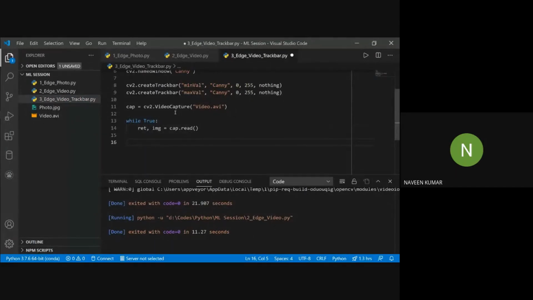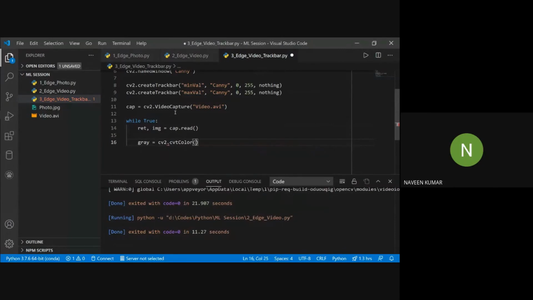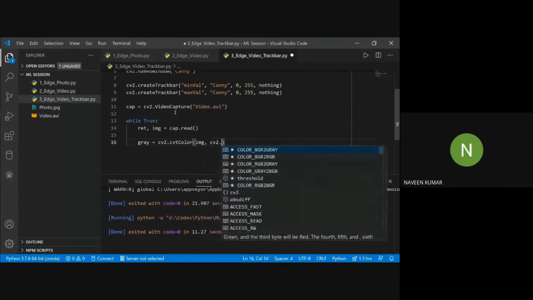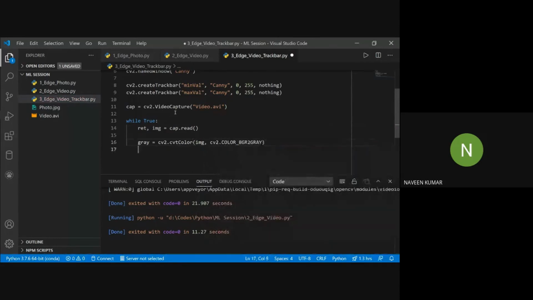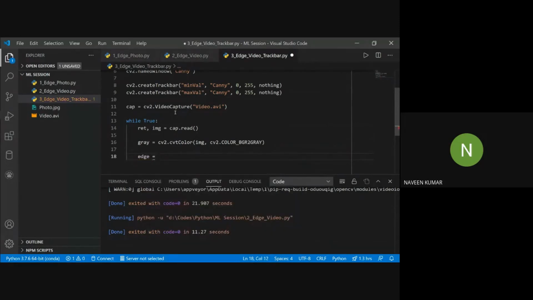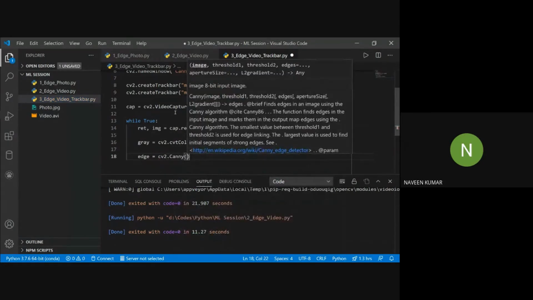So converting the frame to grayscale: img2 = cv2.cvtColor, and passing edges equal to cv2.Canny.